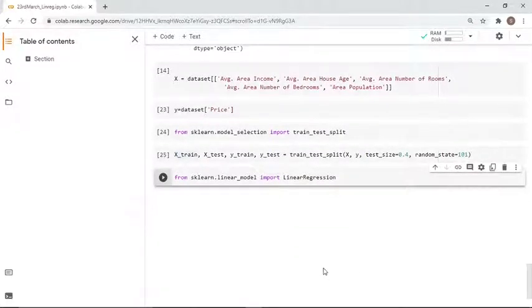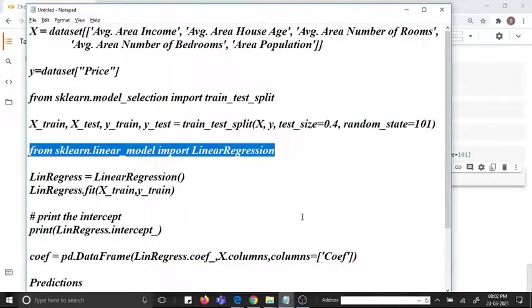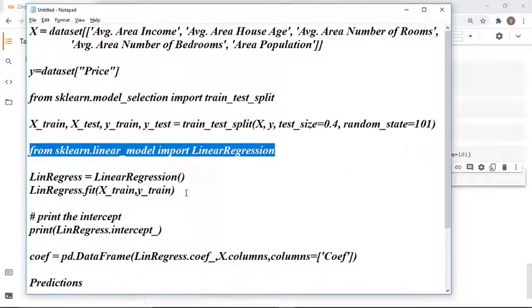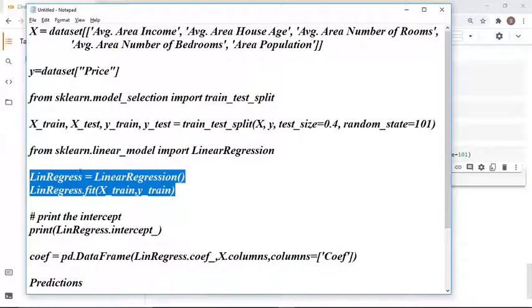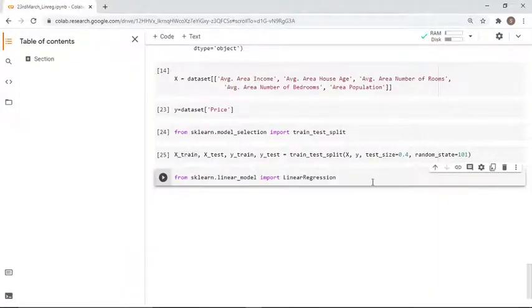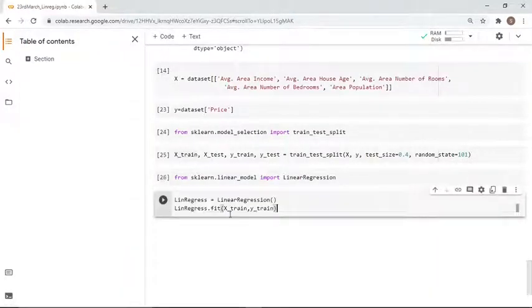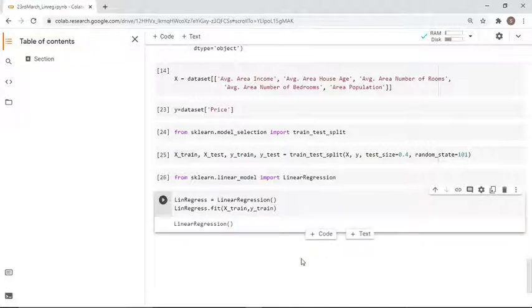So we have imported it, and then we are going to call the function, and we'll call it linear regression, which is lin regress. And you see here we're trying to fit the straight line.